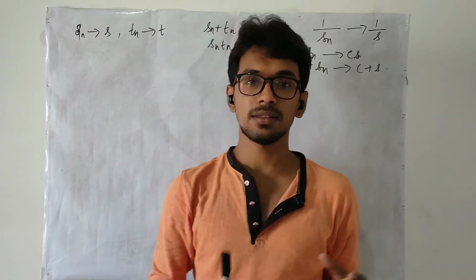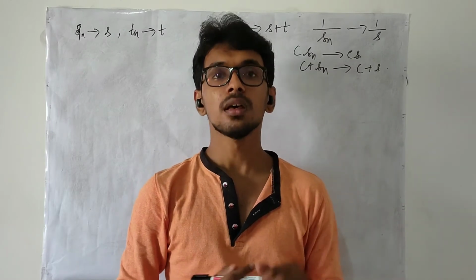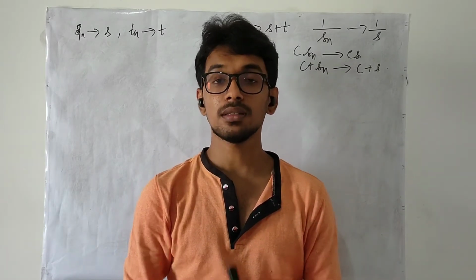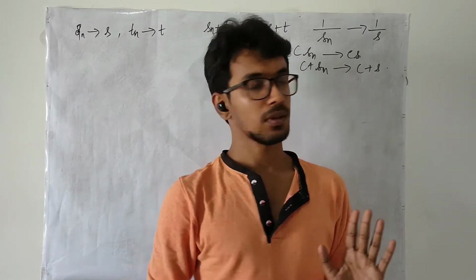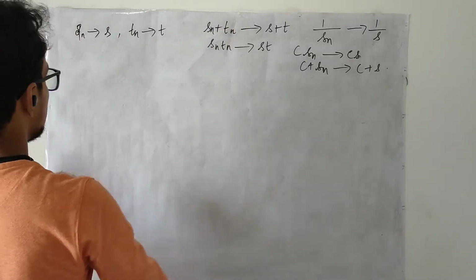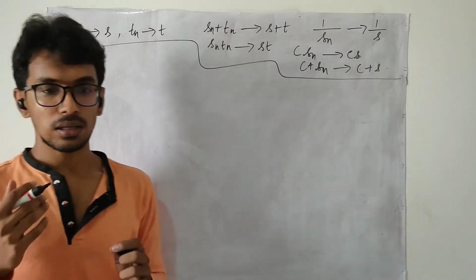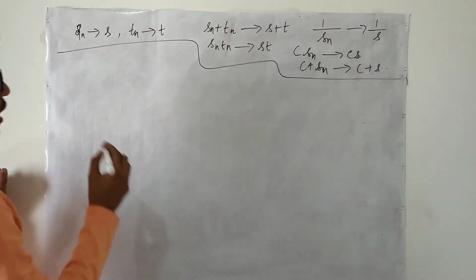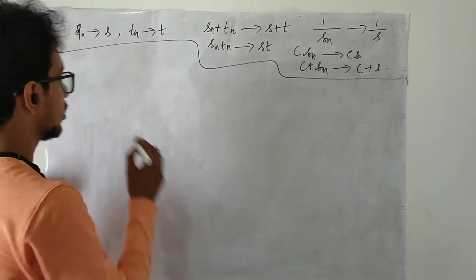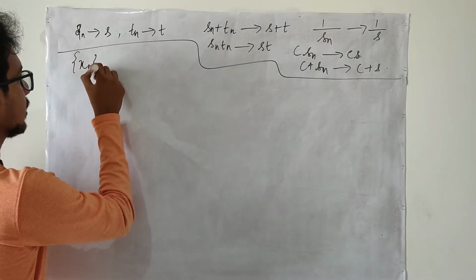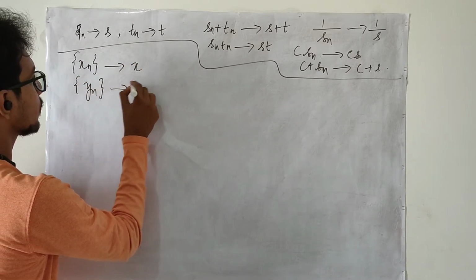Whenever we speak of complex numbers, this is also true in real numbers, because real numbers are a subset of complex numbers, and you may treat every real number as a complex number with imaginary value 0, right? So these are the things that we have seen in the previous lectures. Here, what are the things that we are going to do? We are going to take two sequences in Euclidean spaces. Let us name them as xn which converges to x and yn which converges to y.